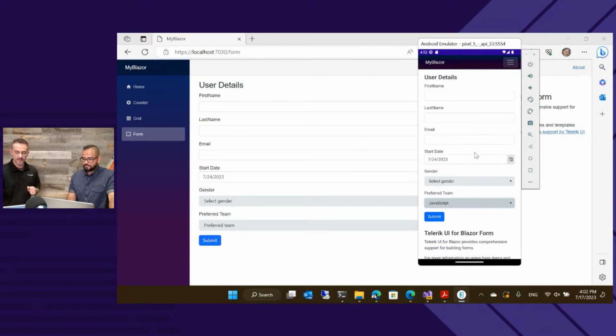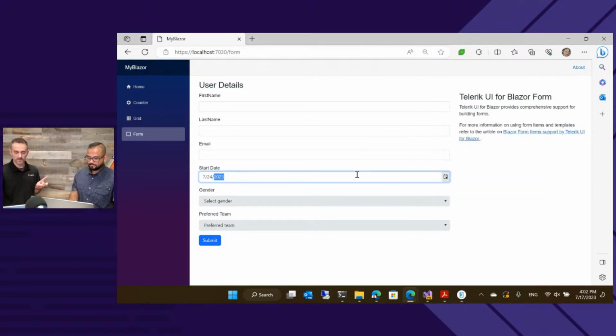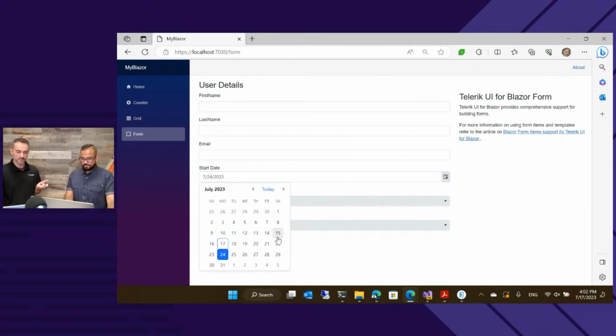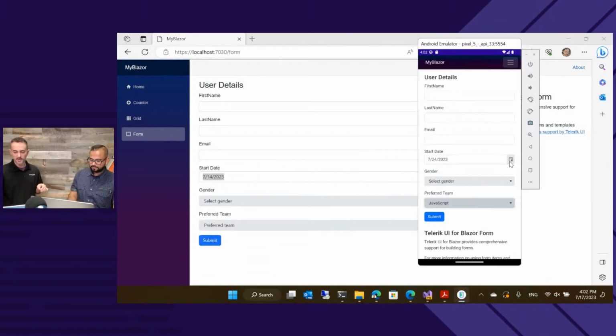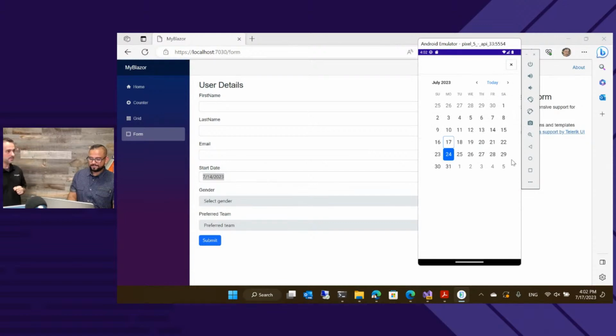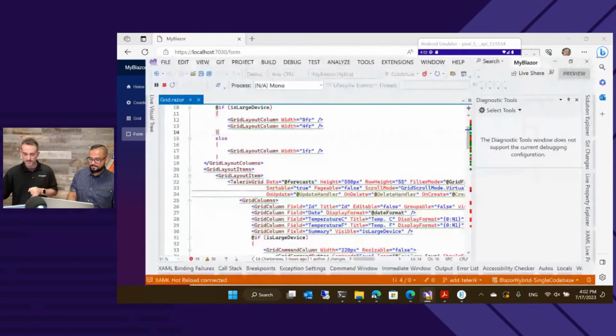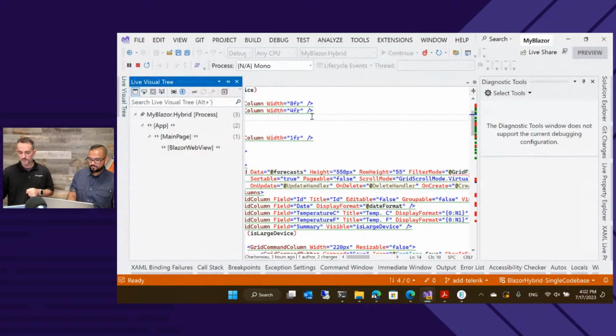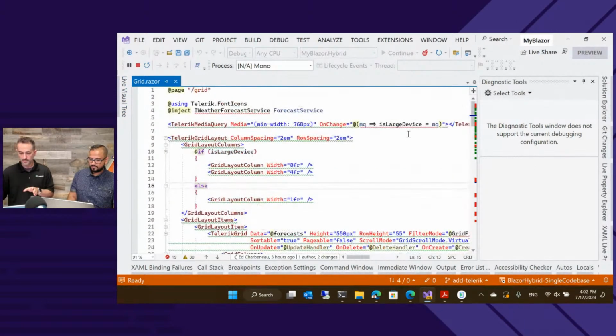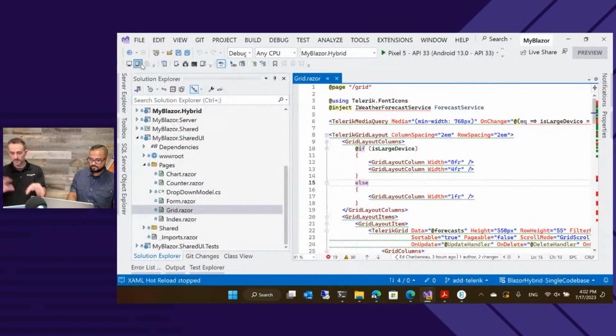Okay. So I'll show you that, but I want to show one more thing first. Check out the date drop down. Yeah, so we get a nice date desktop picker here. Desktop, go over to mobile. Yeah, nice. Right. Show you how to do that. So we'll go over to, it may just be because this is running, so I'm going to stop it just so we don't see all the squiggly nonsense, hopefully.